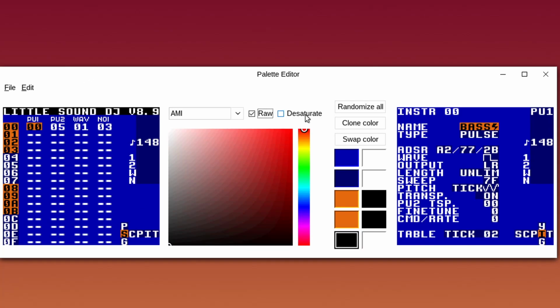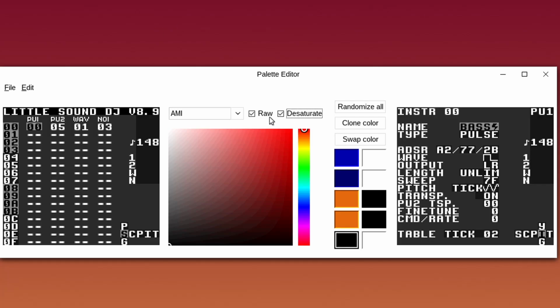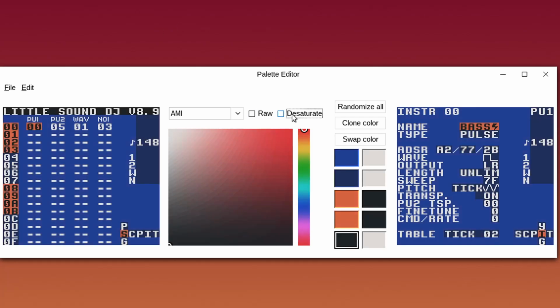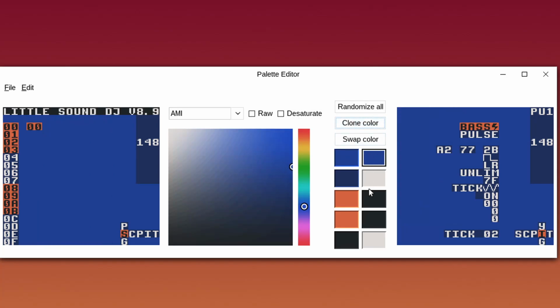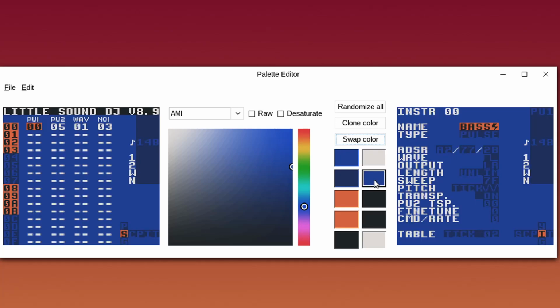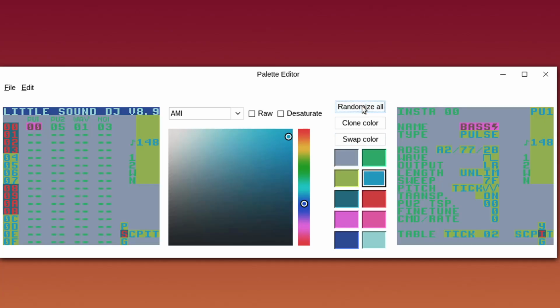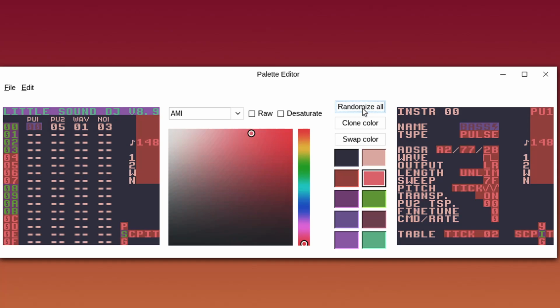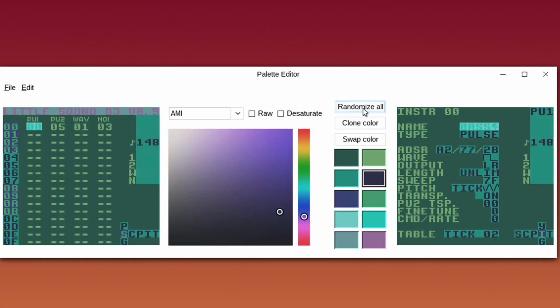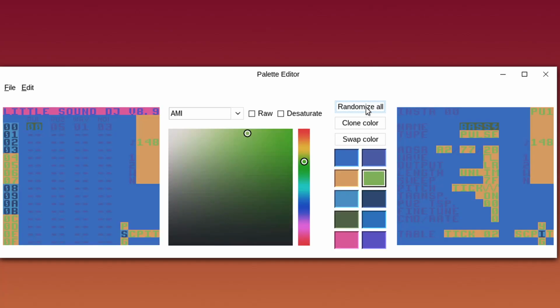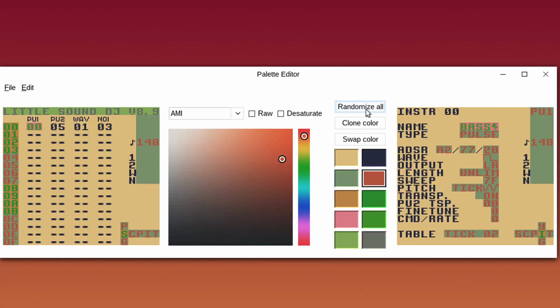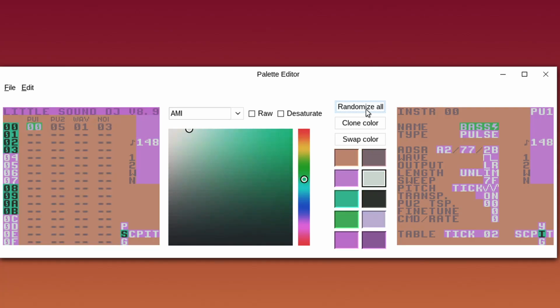And we've got a desaturate button, so you can see what the contrast of each color looks like. So that's pretty helpful. We can also just clone colors here, or we could swap colors here. You can randomize all, which usually on the first click can be kind of iffy, but it can also just be a good starting point or a way to get inspiration